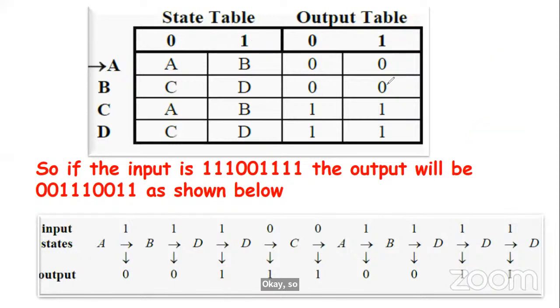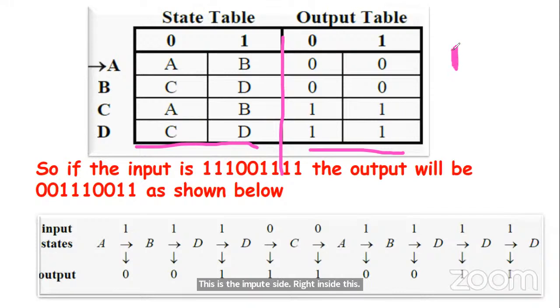Now, listen again. This is what we are saying. We have 2 sets. This is the demarcation. This is the input side, right? And this is the output side. But what you have to look at is that whatever the input is, we judge what the output is. If you receive a 1, you come here to check. That's input 1. And you also check the output under 1. If you receive a 0, you come here to check where it will go and where the output will be,